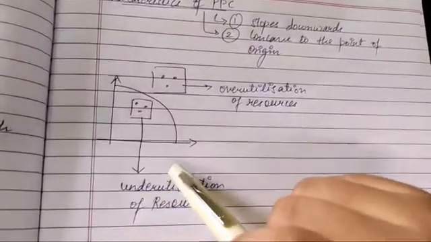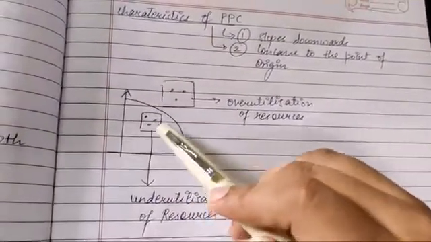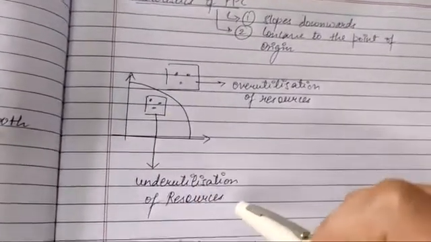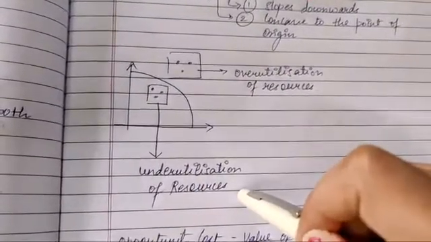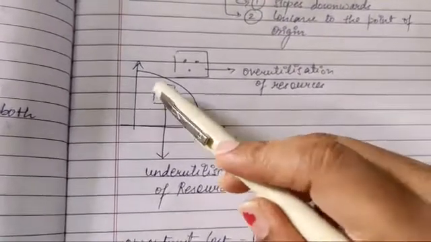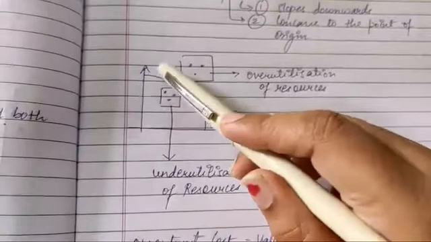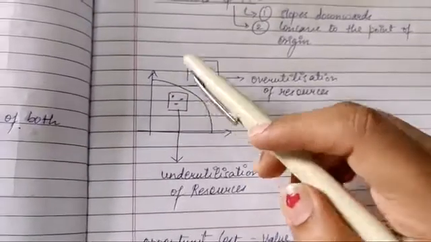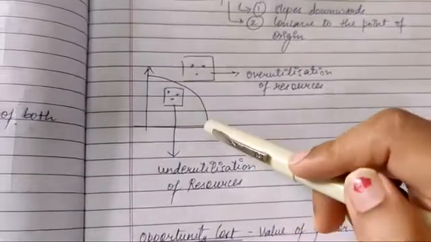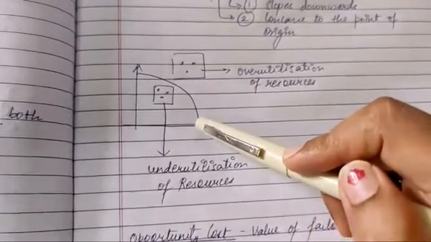So I have drawn a graph here. The points, or the dots, you can see inside the production possibility curve are known as underutilization of resources, or I can say the resources have not been properly utilized. That's why the dots are here. Otherwise the dots would be on the PPC. If the dots are on the PPC, that means the production of the two commodities is efficiently utilized and in